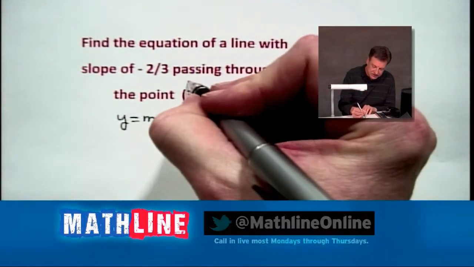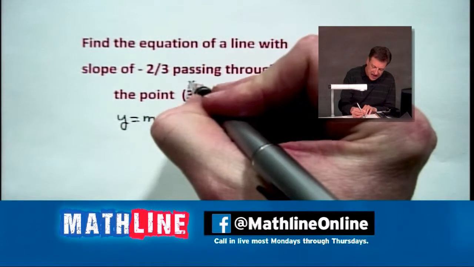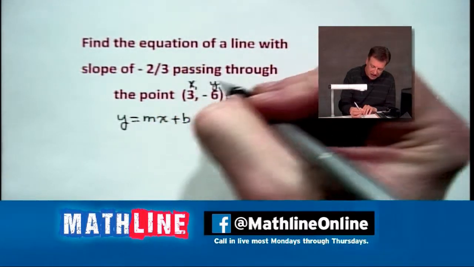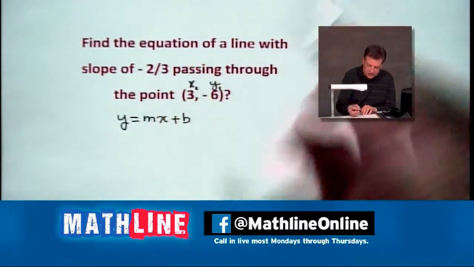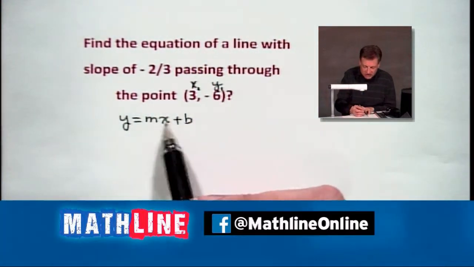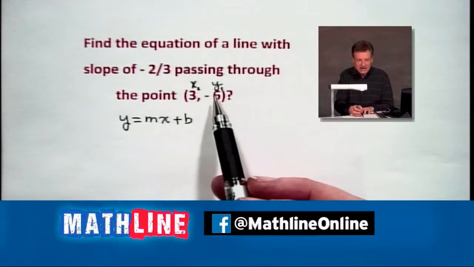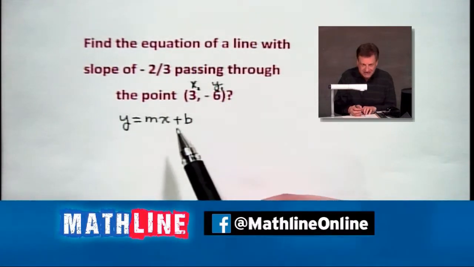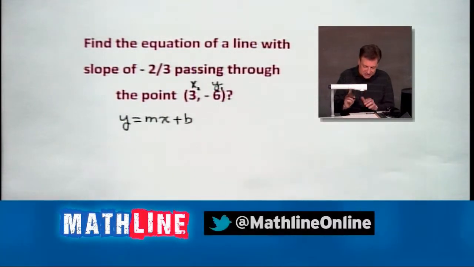By the way, this is an ordered pair. This is an x. This is a y. I put 1 there, but it's the only one we got, right? So we'll just call it x and y. You say, Ernie, what's important about that? That's where we're going to find x and y from this point right here in order to find our b value, all right? So let's play the game.